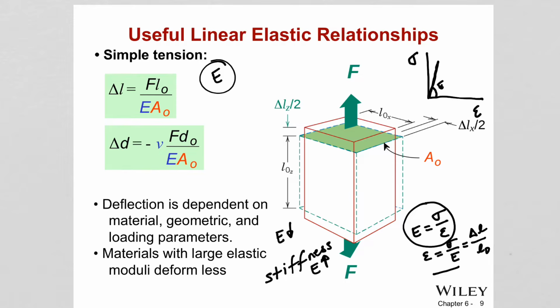So I know the stress is force over cross-sectional area, and there is E, which is equal to delta L over L naught. So this gives us delta L as force times L naught over area times Young's modulus. Okay, so this is that equation here,